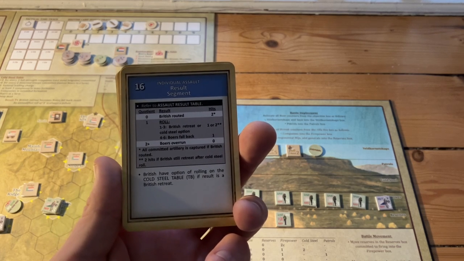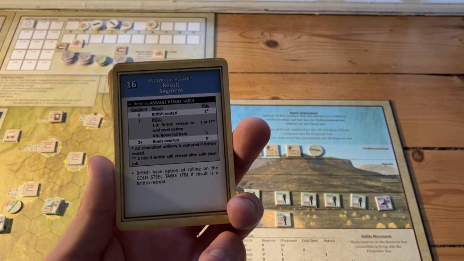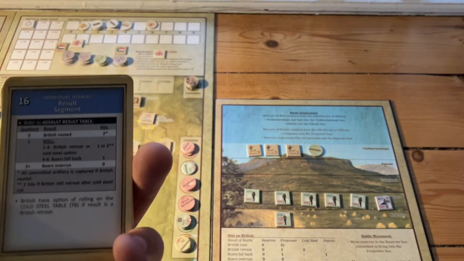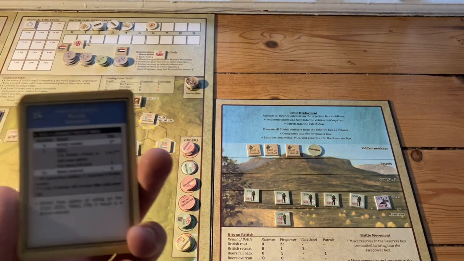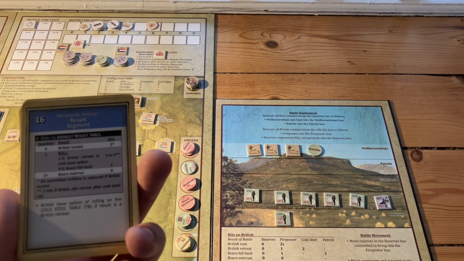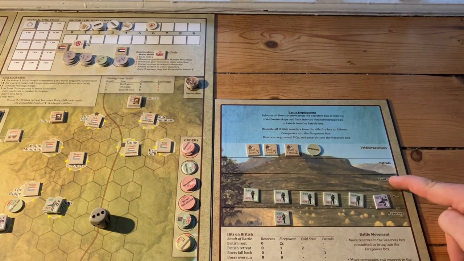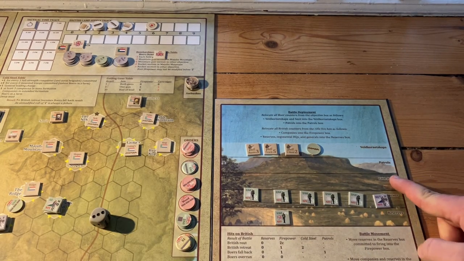If it was 1 to 1 strength, I'd roll again. On a 1 to 3, the British would retreat and lose. Each one of these would take a hit, which means you'd have to use your medical supplies later. On a 4 to 6, the Boers would fall back and you still take a hit. If you retreat, you have the option of doing a cold steel charge, which is...